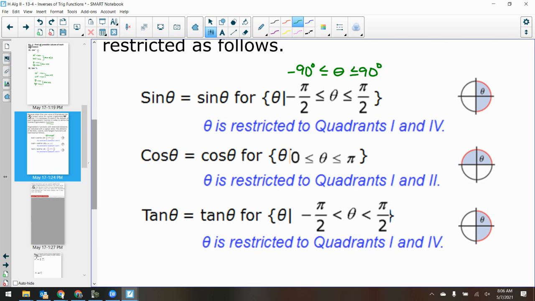The restriction on cosine: if you look at the values of cosine, where are the values of cosine repeating? Well, look at the x values on the right side of the unit circle. Don't I see some matching x values top to bottom on the right side? Yeah. Don't I see some matching x values on the left side of the unit circle as well? Yeah. So therefore, if I want it to be a function, if I want to restrict it so I only get one output, I'm going to restrict it from 0 to pi, or from 0